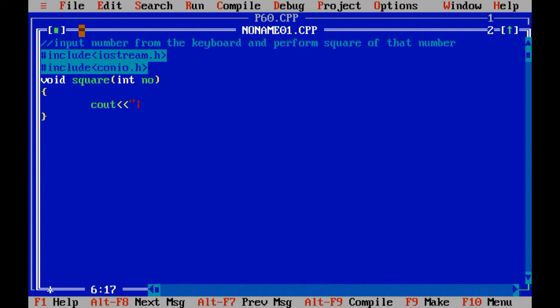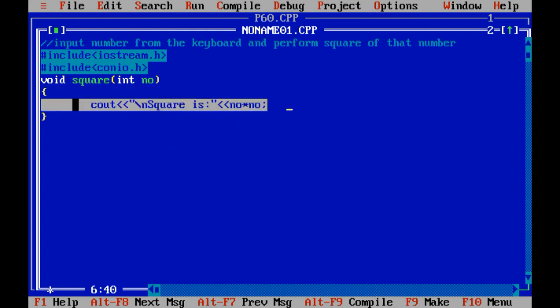So I hope you have cleared the concept of UDF. Then and then only you are able to understand the given code, right? See over here, you can take one variable inside the function, SQ variable, and in SQ you can put the formula and you can print SQ over here. But I don't want to take a variable, so I have put it in directly in the cout statement.